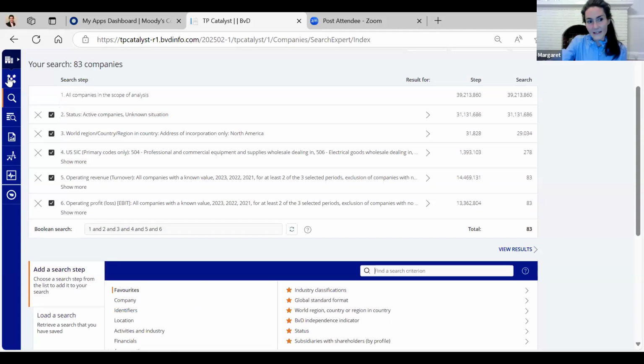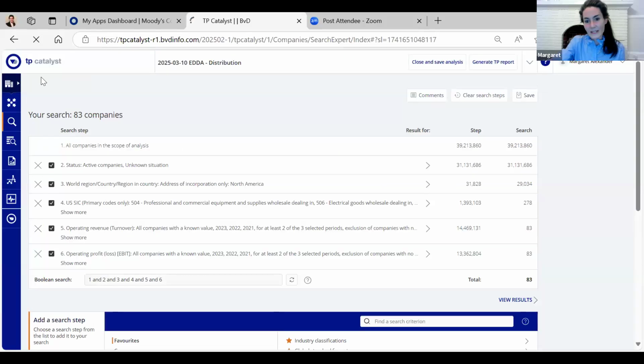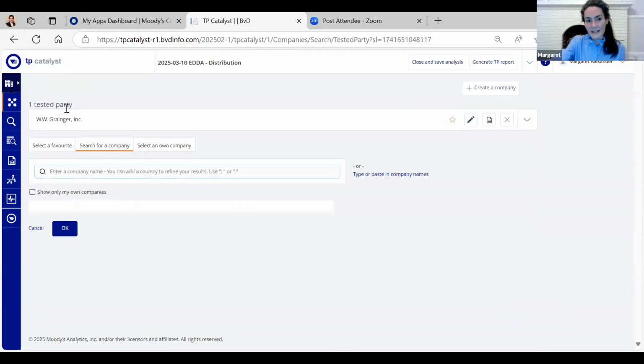But let's go back one step and look at the tested party data page. If you wanted to add a tested party, I added one that we had in the database because I didn't want to type in all the financials, but typically you're going to have to create a company right here.